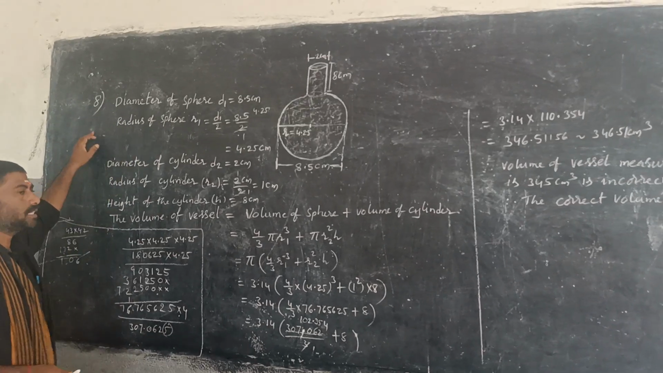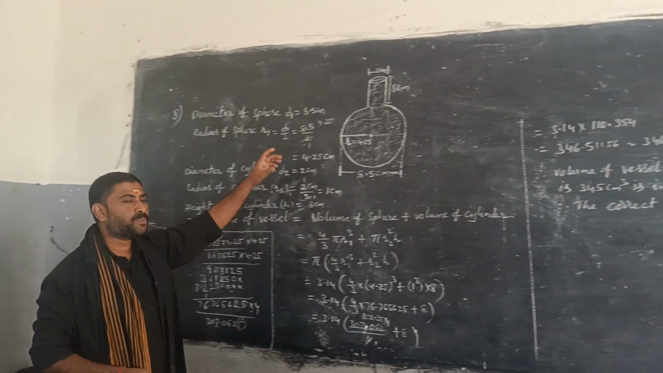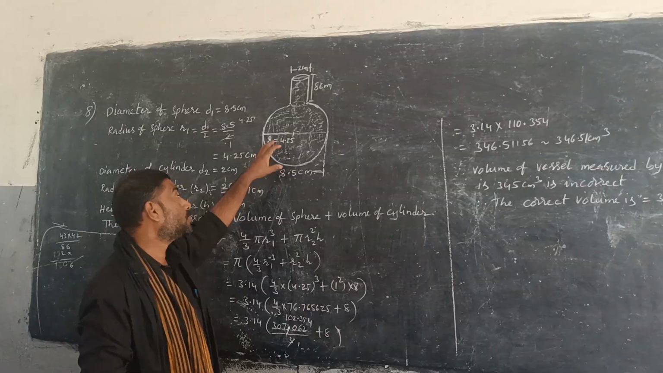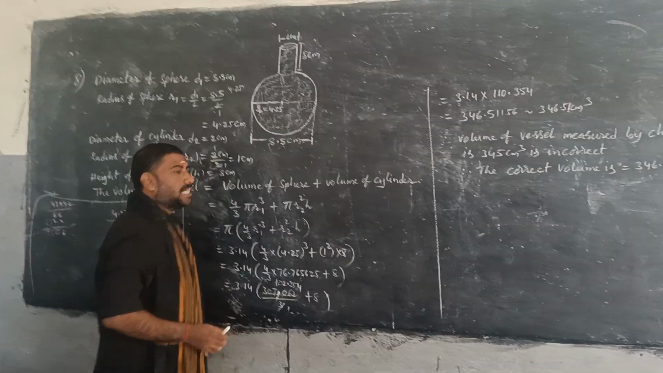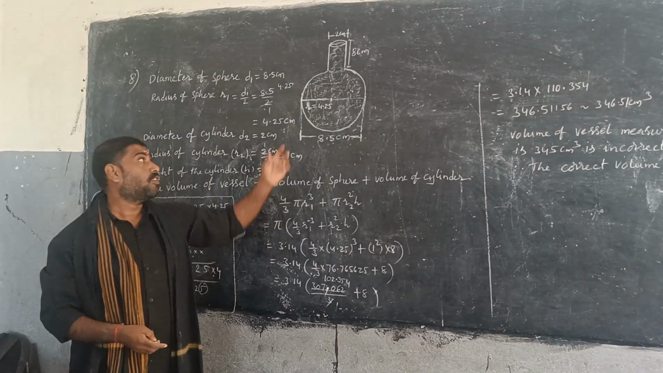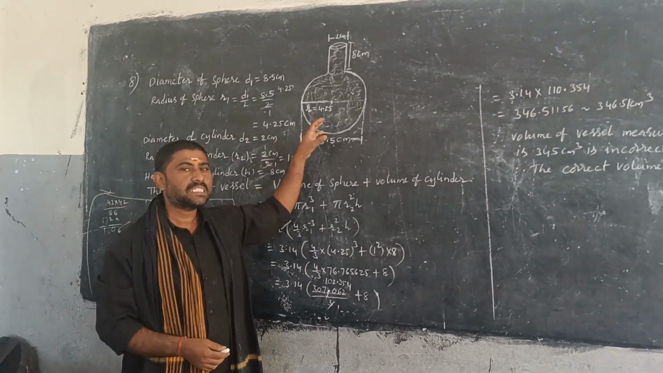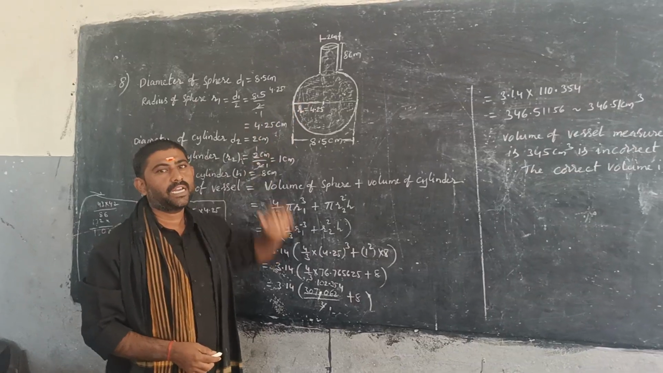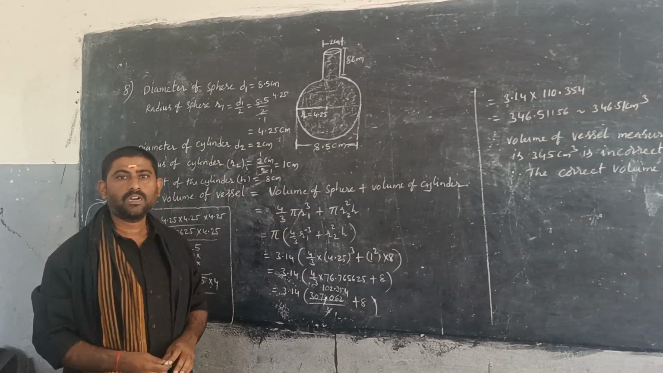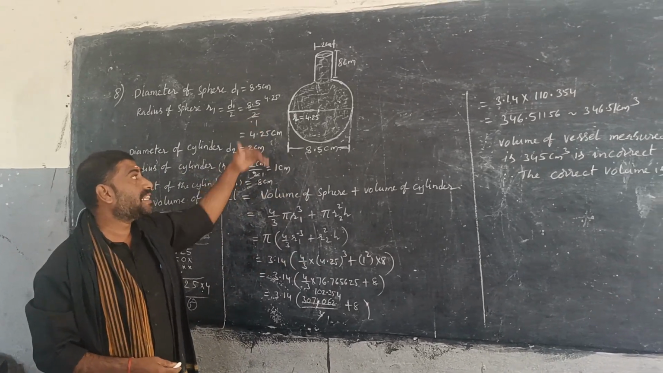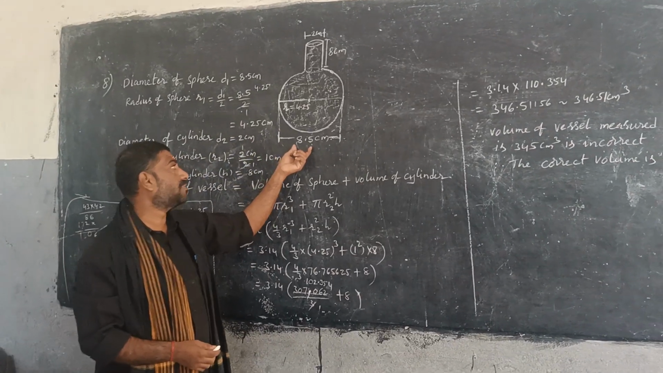Exercise 12.2, the eighth problem. Here we have a vessel in the shape of a sphere with a neck in the shape of a cylinder. The vessel is full of water. Here the dimensions of this vessel are given: the diameter of the sphere